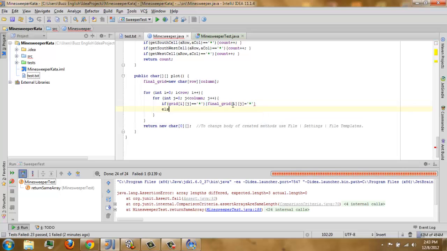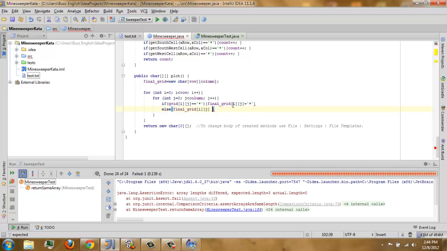Else if it is a dot, we have to count the number of mines inside it. So else, final grid ij will be what's there, mines.